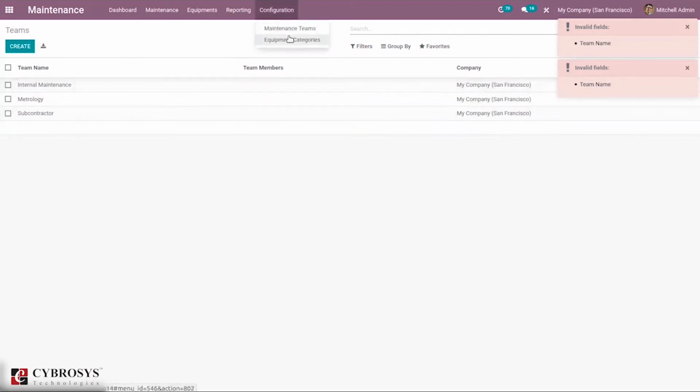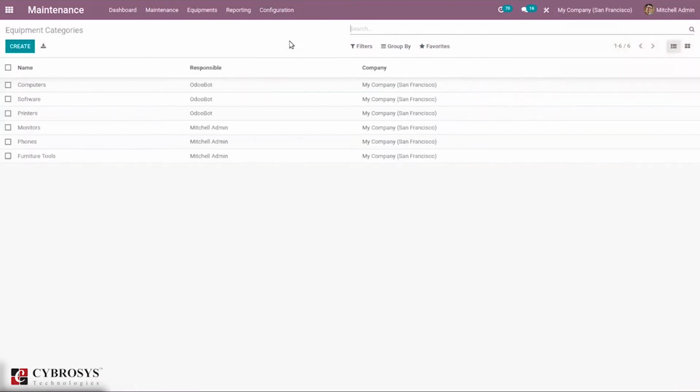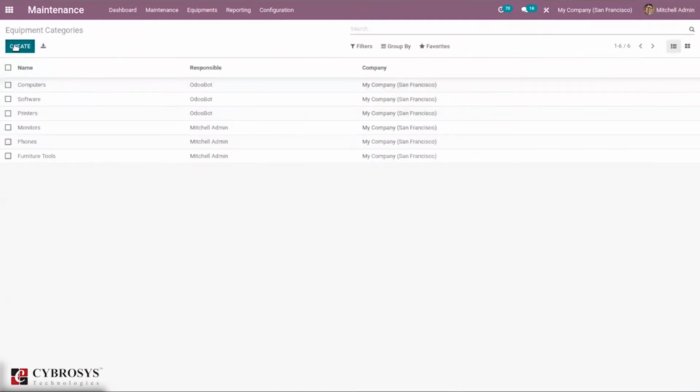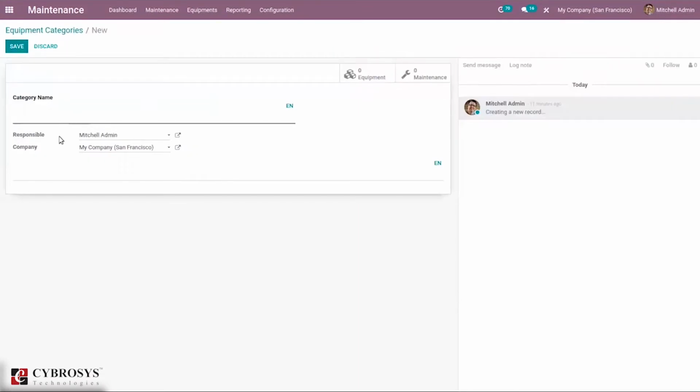Okay, then here we can see equipment categories. So you can see all the equipment categories, like we have a category that is computers, and phones, monitors. Like this we can see equipment categories. You can create a new category from here, and you can provide the category name, responsible person, then company name, and you can provide a description here.